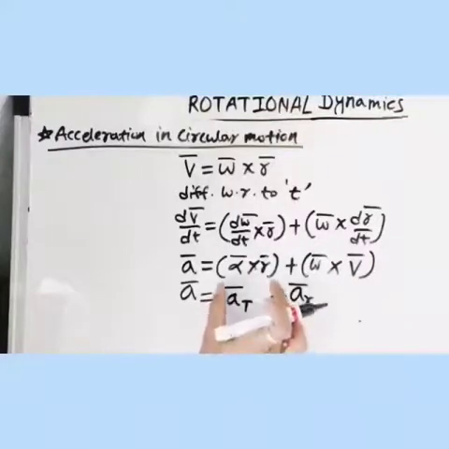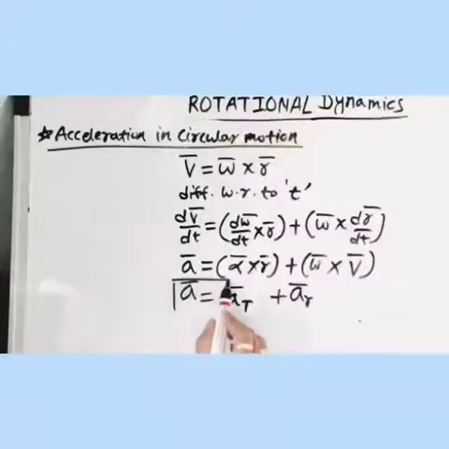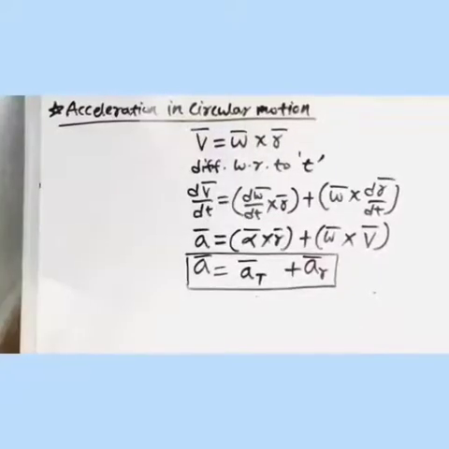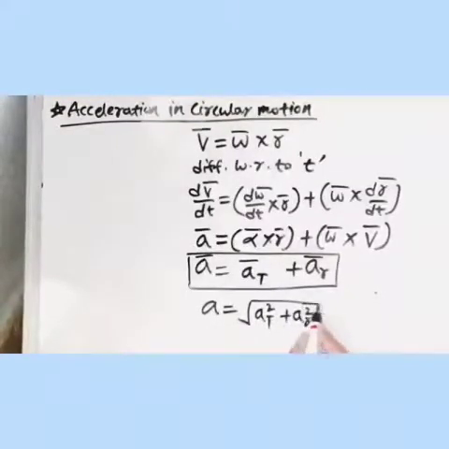So this part indicates the tangential component of acceleration, and this part indicates the radial component of acceleration. So total acceleration in circular motion is a bar is equal to a tangential bar plus a radial bar. In magnitude, we can write this acceleration as a is equal to root a tangential square plus a radial square,